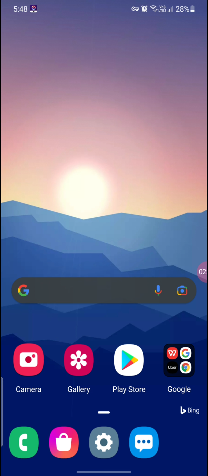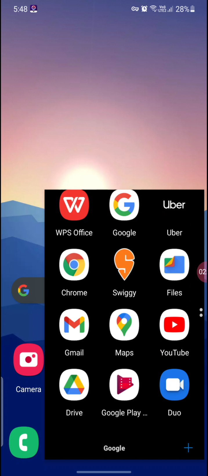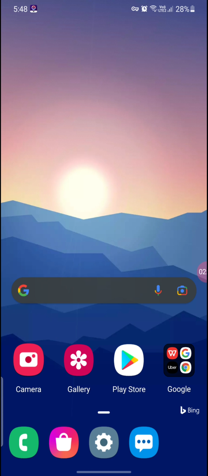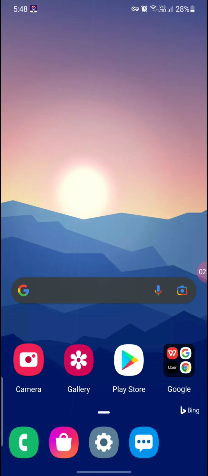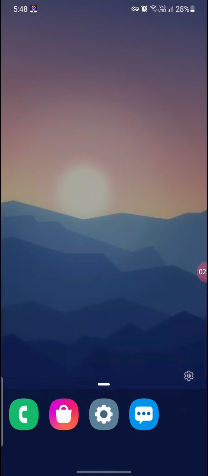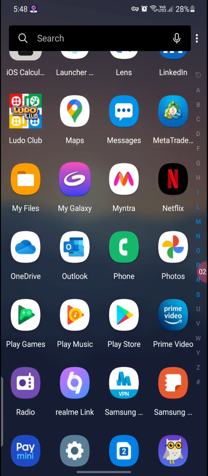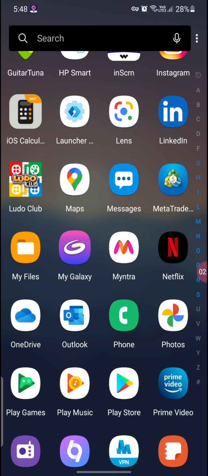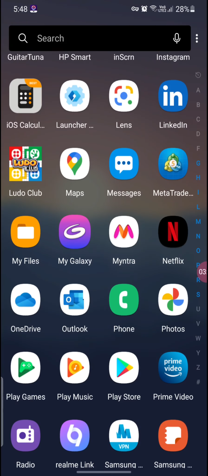So you can see that the icons have been changed. You can see the folders have been changed too. By clicking on the folders, I need to scroll through them, but in the normal one I usually need to turn the pages. If you don't like this one, I will tell you what you can do: you can change it to switch pages only. Now you can go down and here you can see it's in my vertical grid, and you can see letters also. If you want W, you can go to it from here, and these are the things.